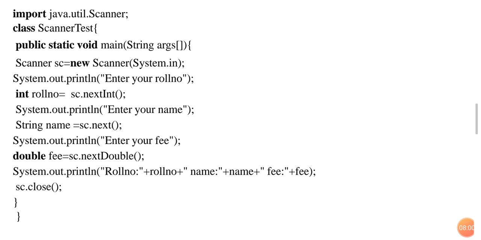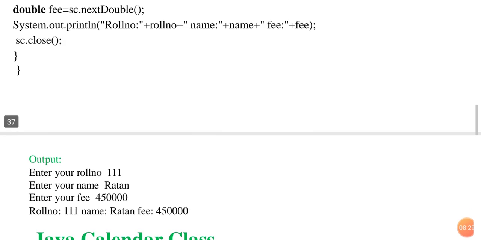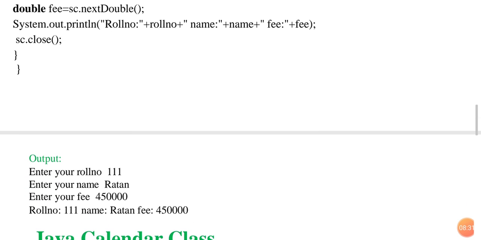So whatever tokens taken from the keyboard till now, here we want to print. So that's why System.out.println ROLL NUMBER in capital letters, and here we are assigning the variable rollNumber, which is a data type of integer, and name variable, which is a data type of string, and fee, which is a data type of double, that we are trying to print here. After that, we are closing the connection to the keyboard. So what is the output? Whatever you entered, that will come as roll number and Ratan and fees, like that.